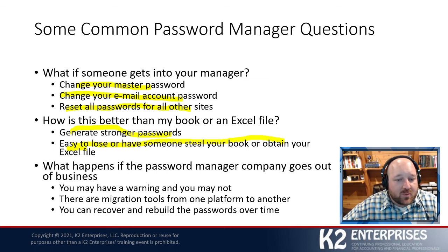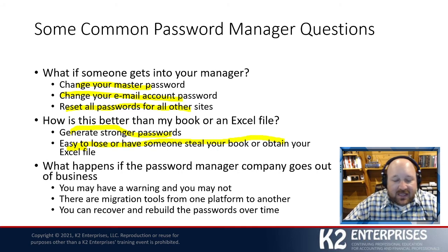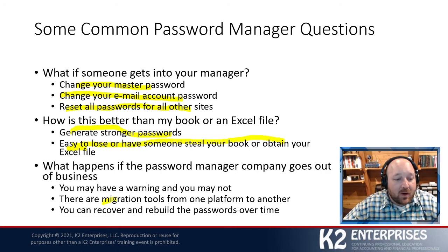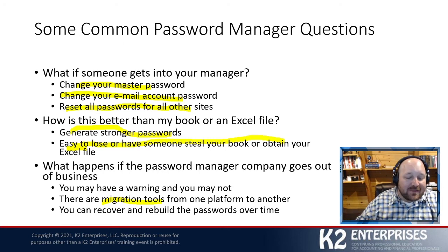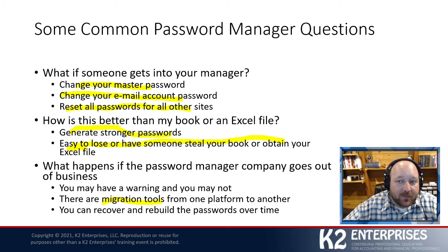What happens if the password management company goes out of business? Well, you may have a warning, you might not. That's a particular risk that you might have. I can tell you any of these major companies like Zoho ain't going out of business. If we think about Lastpass, they're owned by LogMeIn. They're not going out of business. If they did, I think there would be bigger issues in the economy. But, typically, I think you would probably get some sort of migration tool if they were planning to deprecate that product and leave that marketplace. I would hope they would provide it. You could also, for example, occasionally take a password backup and put it into a safety deposit box